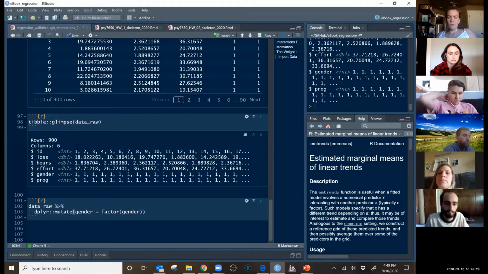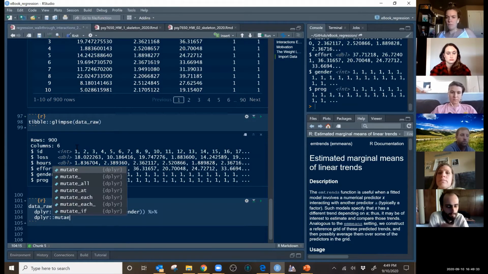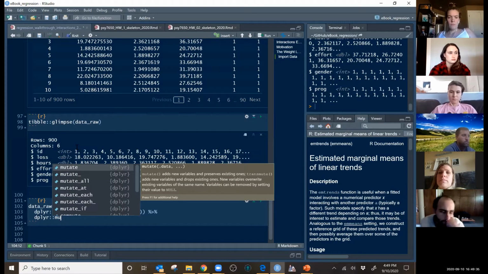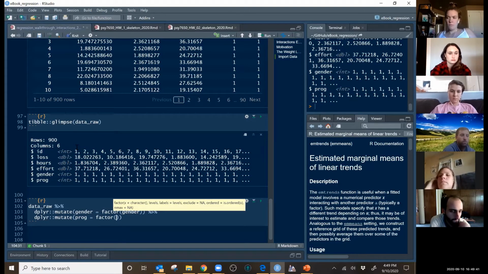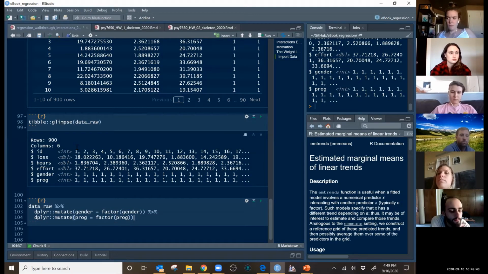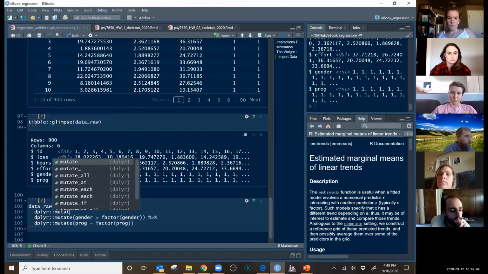Now I'm using a pipe to connect steps, so I want to do that again, dplyr mutate, spelled correctly, and I want to take that program variable and make a factor version of itself and save it over itself. Now I'm also going to do this on the ID variable,